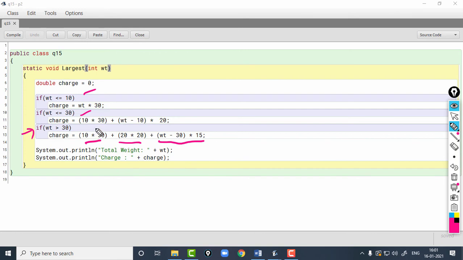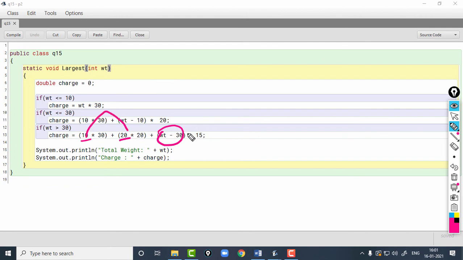First slab amounts for 10 kilos, so 10 kilos into 30. Second slab amounts for 20 kilos, so 20 into the rate per kilo, which is 20. And then the remaining will be how much? 10 has been taken into account and 20 also has been taken into account. So the remaining will be weight minus 30. 10 plus 20, 30.